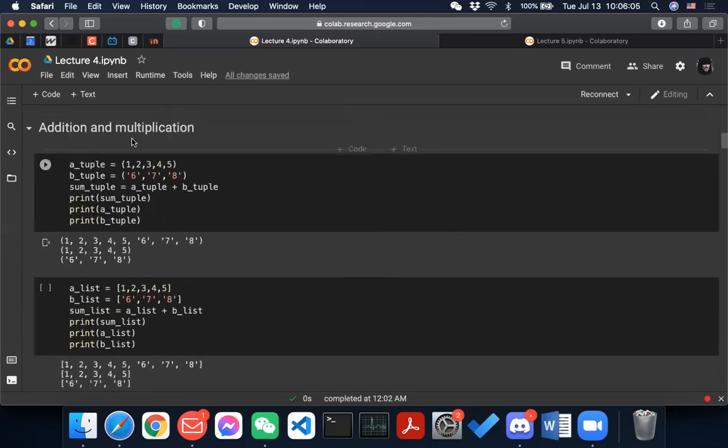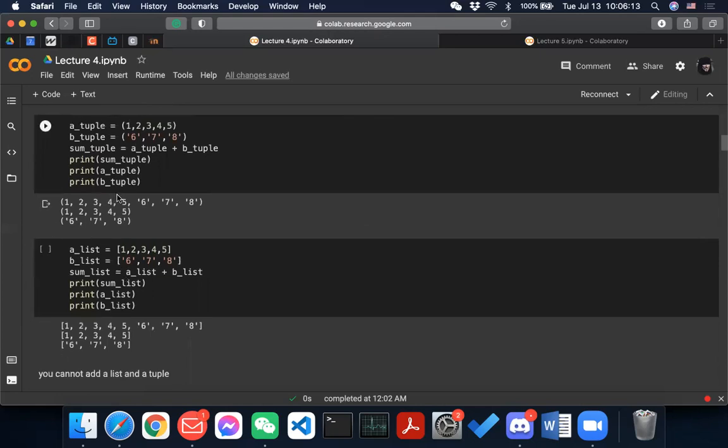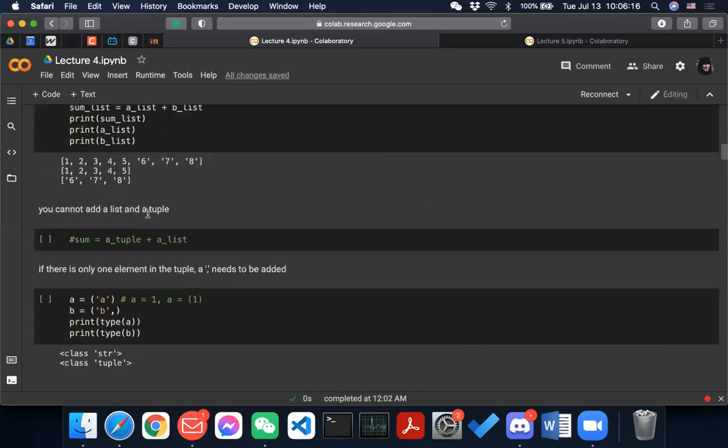Okay, addition and multiplication just means you can add two tuples. You cannot add a list and a tuple.